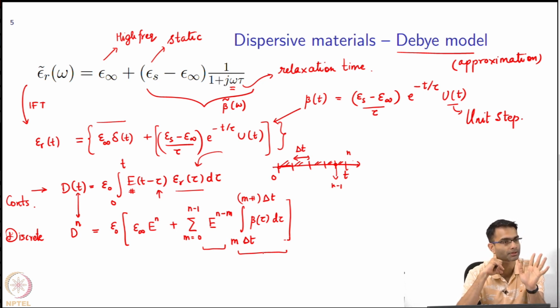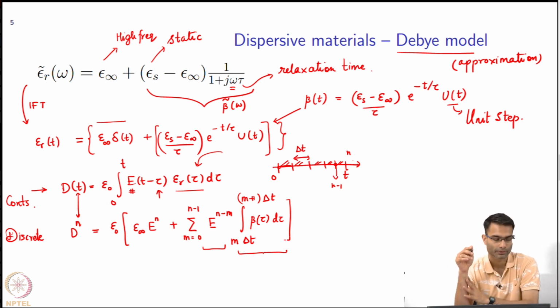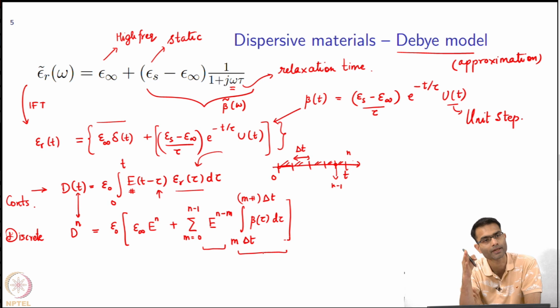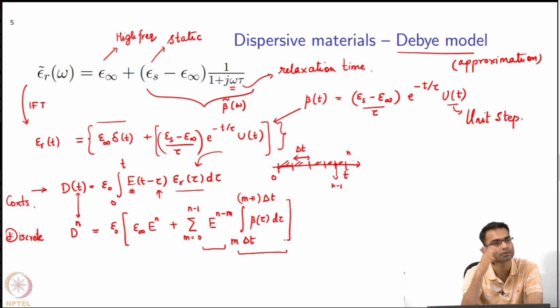So, what are the approximations? Basically the Debye model, and the second approximation is this piecewise constant, but there is no choice, we can't do anything better than that, because I know the electric field only at discrete time instances, I do not know it everywhere. From 0 to n, it should be constant. Why should E be constant from 0 to n? I am calculating E at every time instant of the E cell, right. So, I have a record of E,